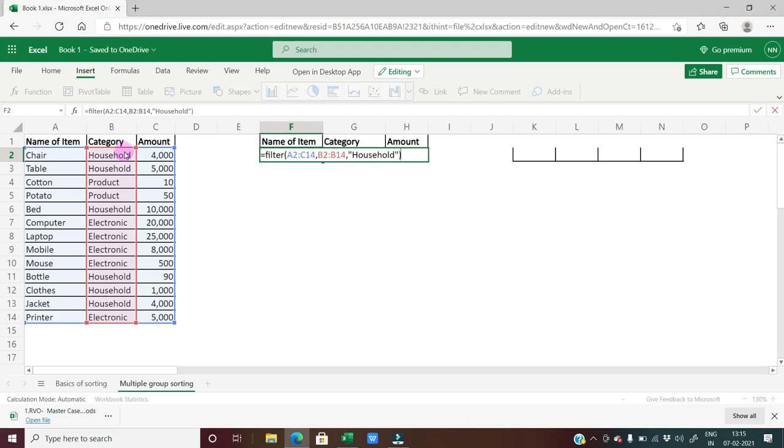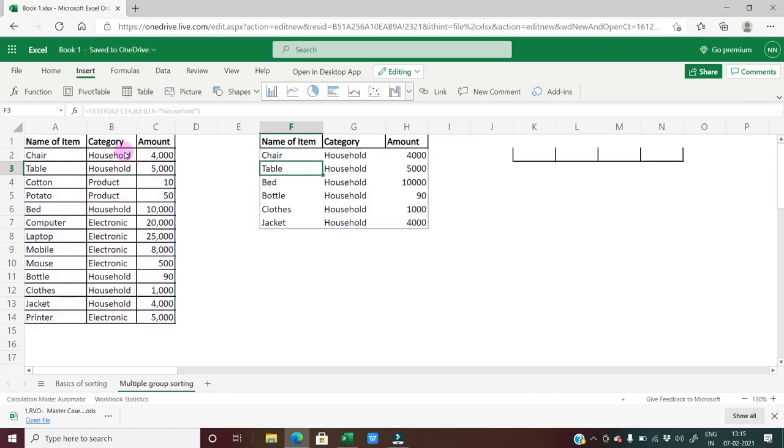Okay, and then I put a bracket. So it shows me a value, because here in the formula I have to put "is equal to", okay, instead of a comma. So if I put that there, the answer comes up like this, and everything is sorted by household.